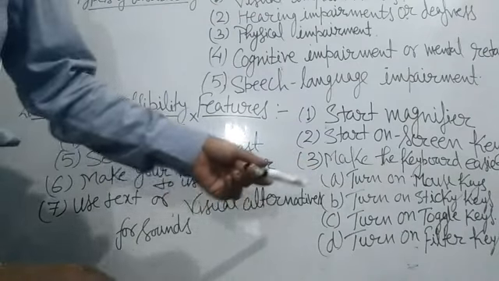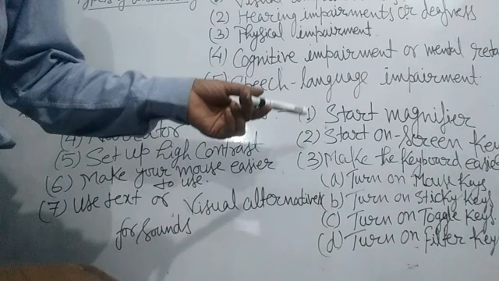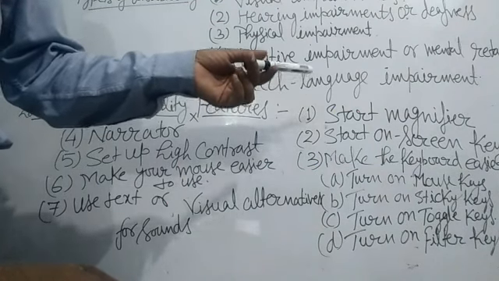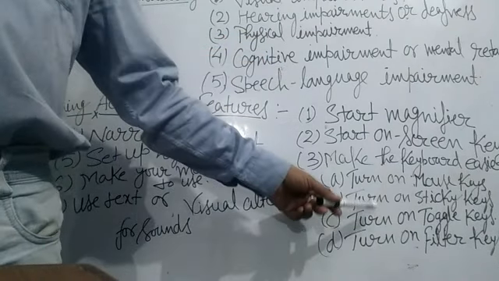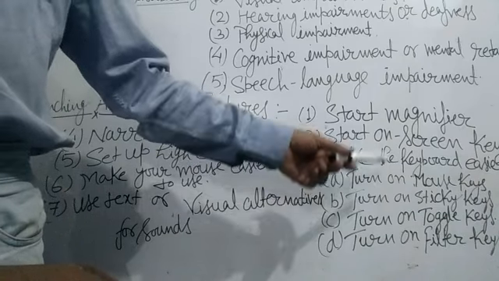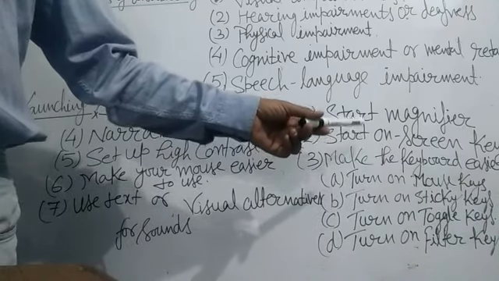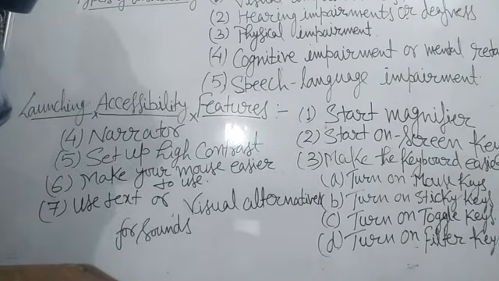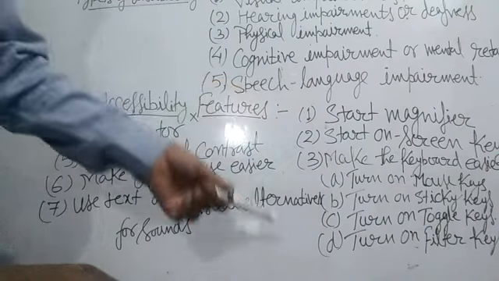Now next is the toggle key. What is the role of the toggle key? Toggle key runs when you log on to Windows. Toggle key can play an alert each time you press the Caps Lock, Num Lock or Scroll Lock keys. These alerts can help prevent the frustration of inadvertently pressing a key and not releasing it.